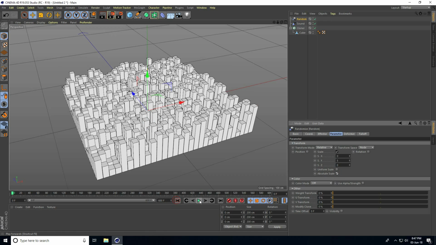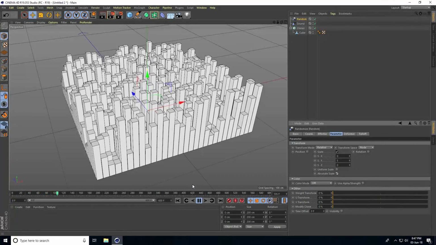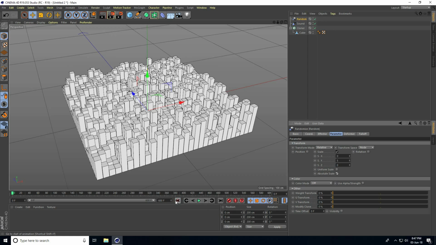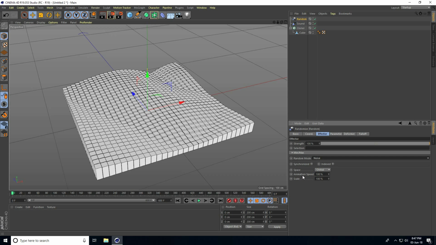Go back and play. Right, so stop guys. I go to the effector and for mode use noise, and animation speed decrease like 75%, and back and play.